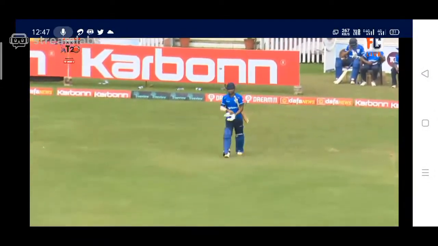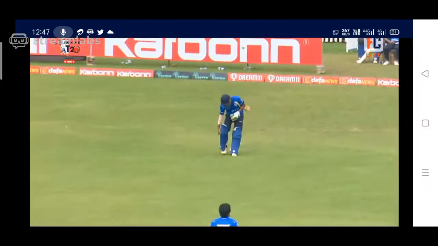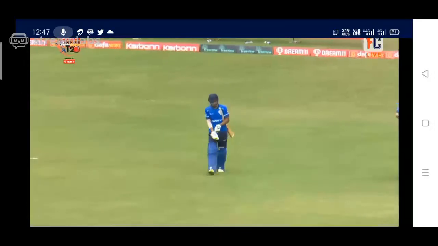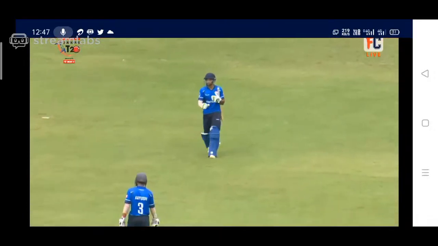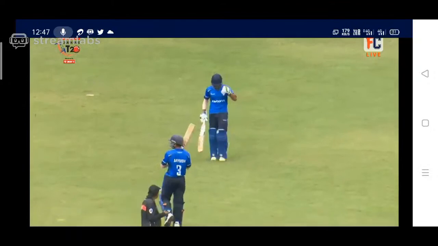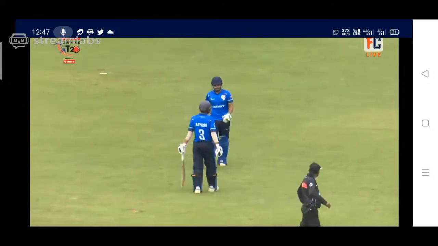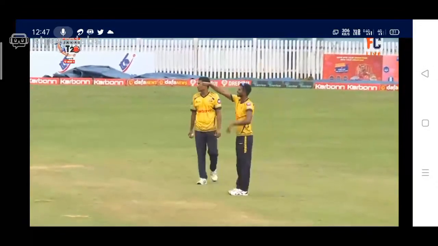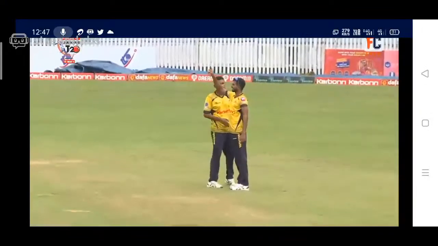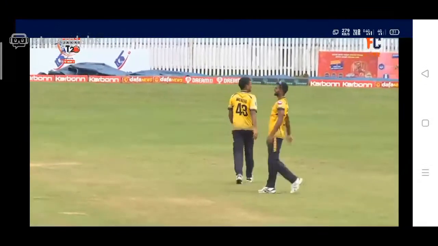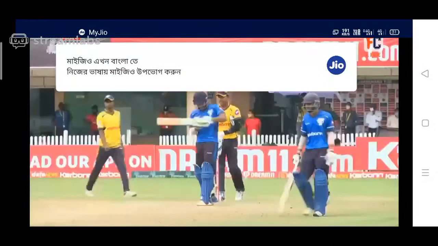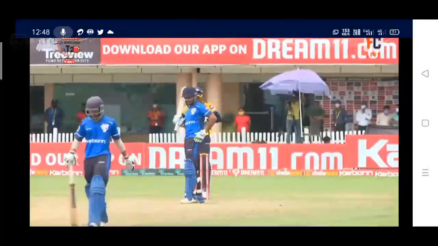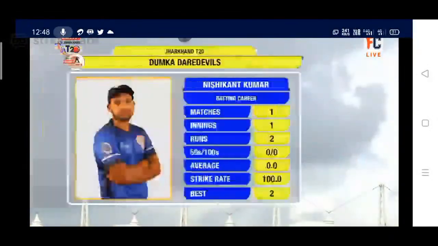That's a very good performance after a long time from Ranchi. They've just won one match so far, and I think with a performance like this they might go on to win the second match in the tournament. There are lots of ifs and buts in this tournament because all the teams are playing each other for the second time, and so in the return league it's better to have a win behind you to go to the return matches. So Ranchi are doing extremely well in this match, at least.